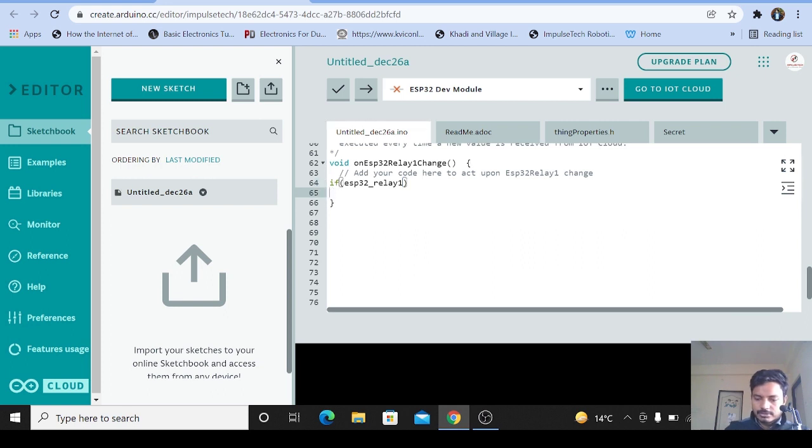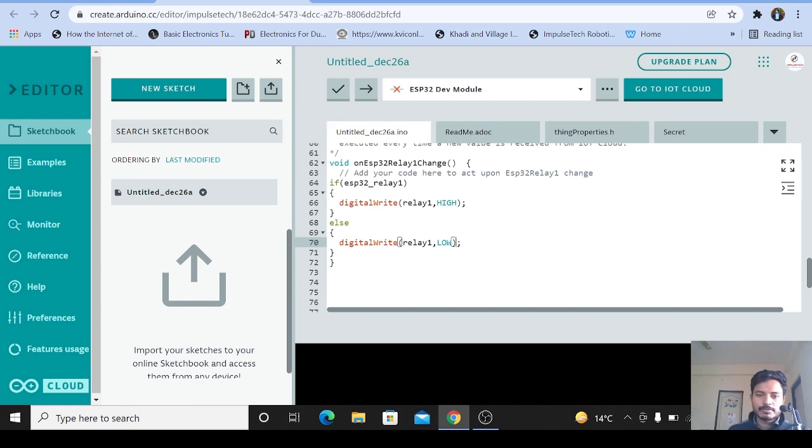Curly brackets, enter and write here digitalWrite(relay1, HIGH); and just type here else, enter, curly brackets, enter, copy this command, Control C and paste it here, and let's write LOW. Now you can control the relay manually as well.